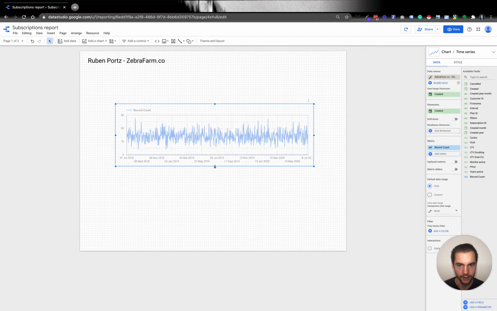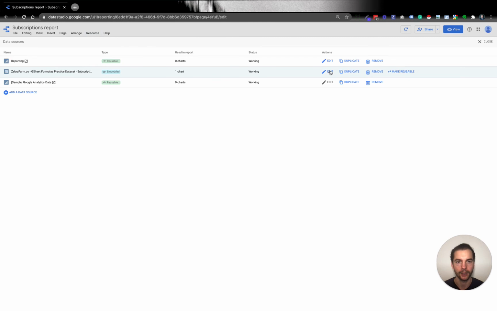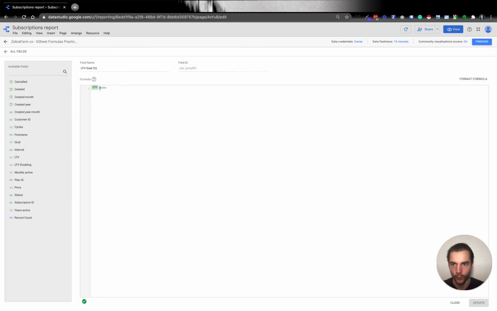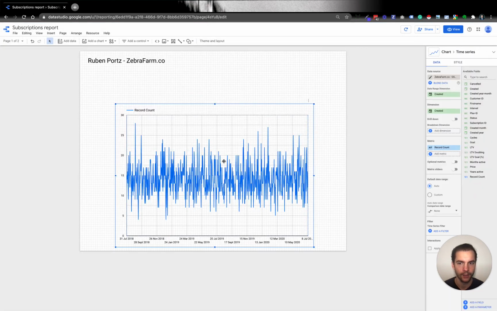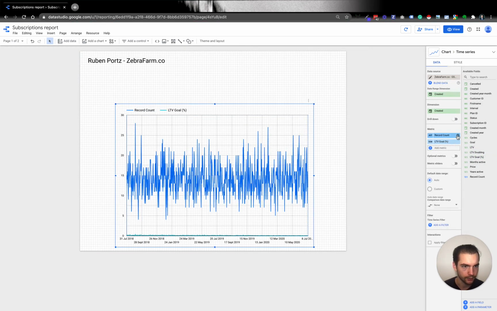Okay, so LTV is generally above 10,000. So we should have a higher number. So let's change that metric to 20,000 quickly. So click back, edit, go into LTV goal, click on the FX and make this 20,000. Click on update, finish, and close. So 20,000 is our goal. So if we add this LTV goal in there and get rid of the record count,